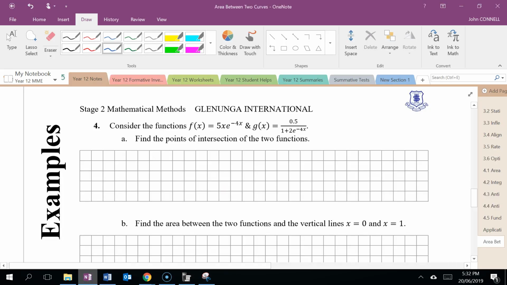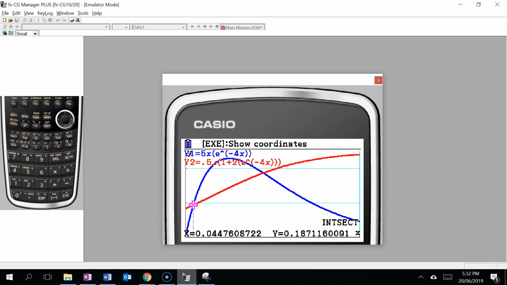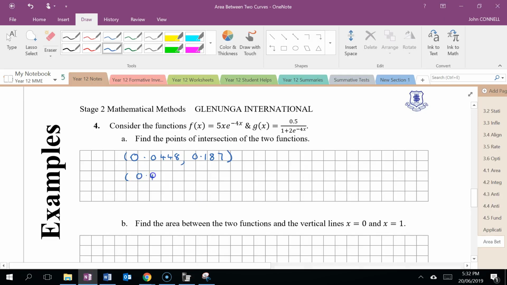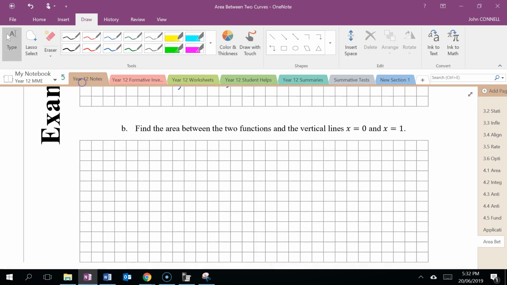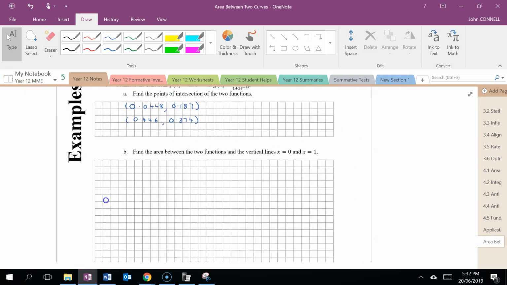So I'm just recording it to 3 significant figures. So it's 0.0448 and 0.187. That's 1 point. And then if I jump back to my calculator, if I just press to go sideways, I get the second one, which is 0.446 and 0.374. So I need the area between the two functions and the vertical lines x equals 0 and